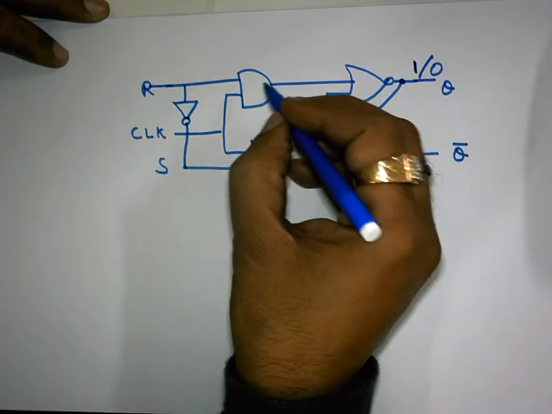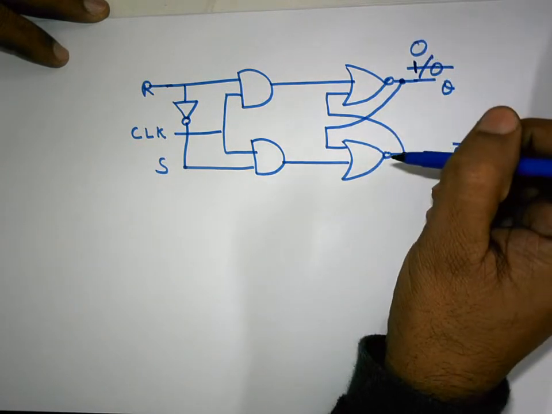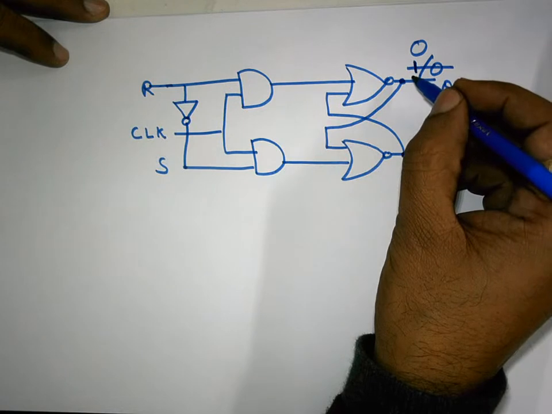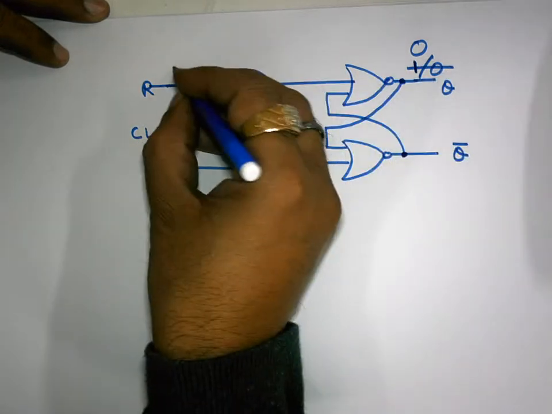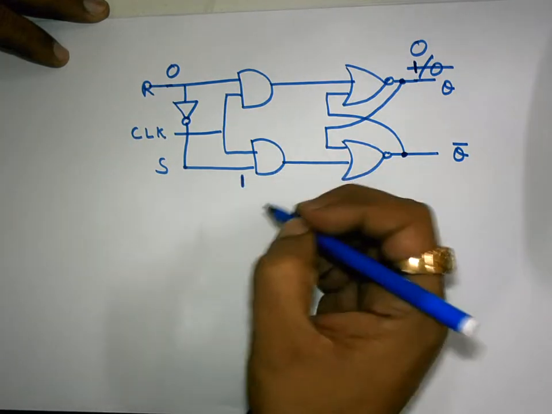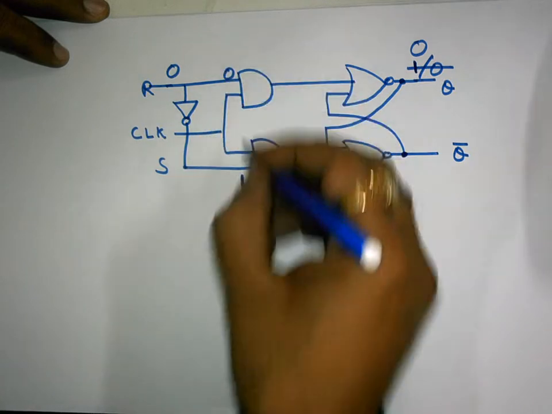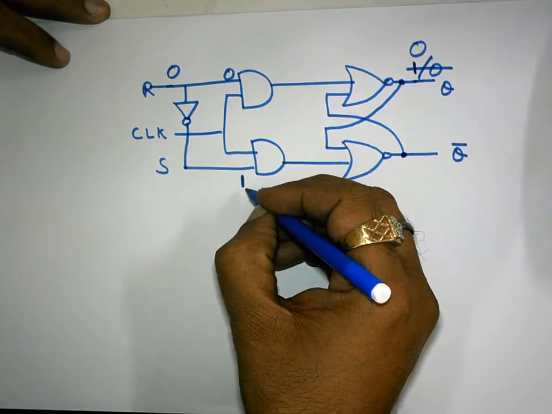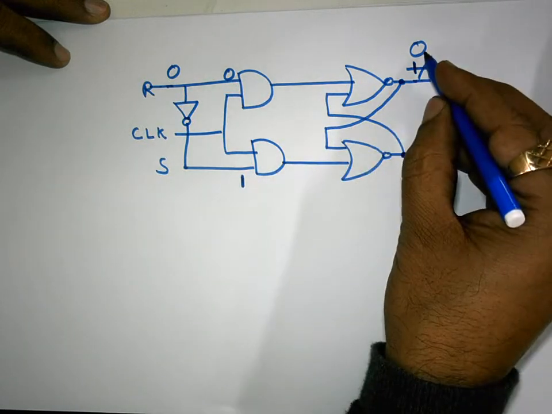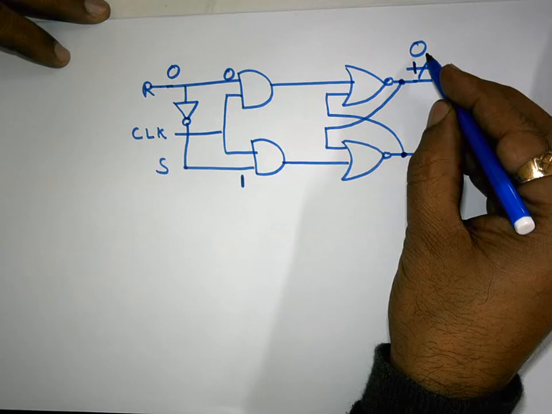Now if I wish to reset, or if I wish to memorize 0 on this memory, if I ask this memory element to memorize 0, what do I need to apply? I will apply 0 over here. Naturally 1 will come at the input of the S and R. This 0 will come over here and 1 will come over here. And this circuitry will memorize 0. It will store this data 0.